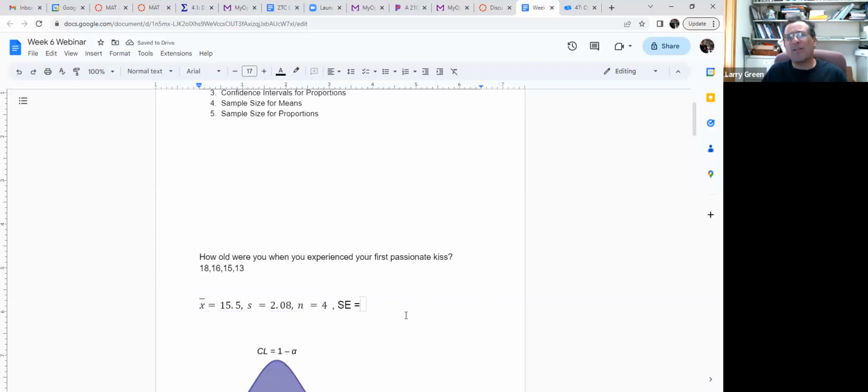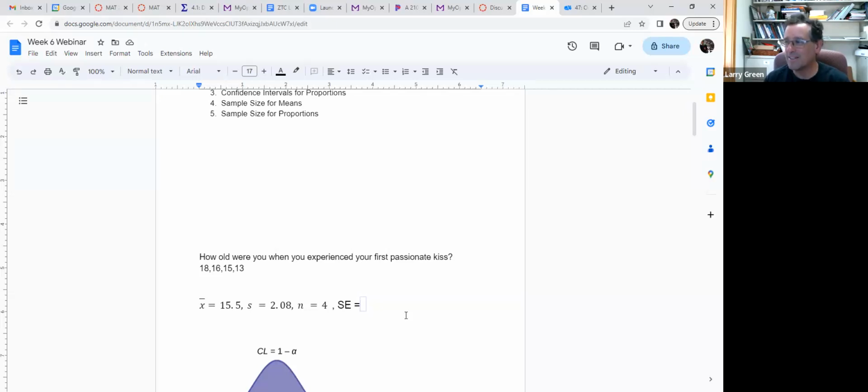How do I get the standard error, by the way? Who remembers? Gee, there was a nice thing about n equals 4. How do I get the standard error? This is very important. It happened last week. That's a hint. So SE for standard error. You remember? Not seeing y'all jump in.